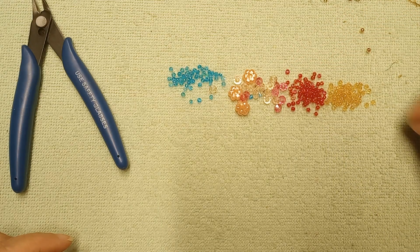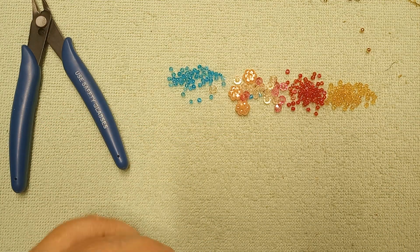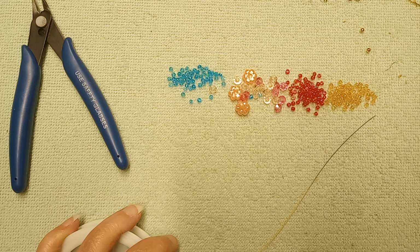Now let's see. What do I want to do? Do I want a string and make maybe a double strand? That would be kind of nice. Let me find. With those light colors, I think I'll use the gold. Now I'm aiming at a younger girl's bracelet, so oh my gosh, I don't have my other measures, so let's